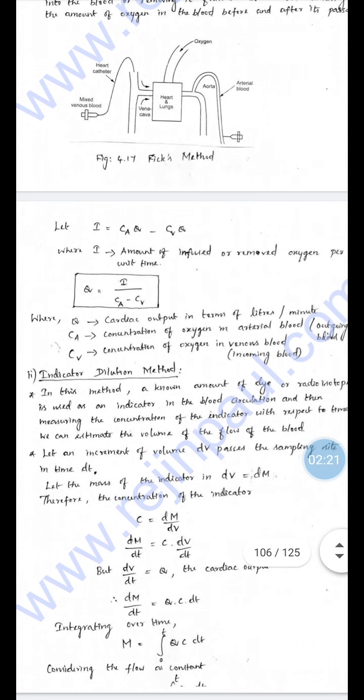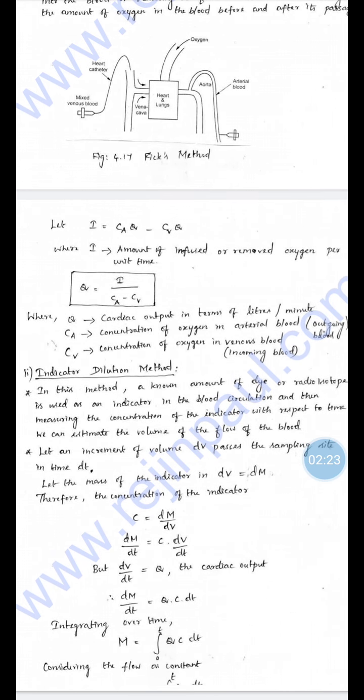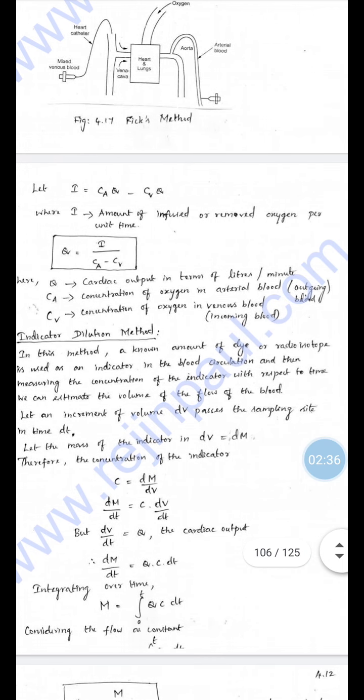Let I be equal to Ca Q minus Cv Q, where I is the amount of infused or removed oxygen per unit time. Then Q is equal to I divided by Ca minus Cv, where Q is the cardiac output in liters per minute, Ca is the concentration of oxygen in outgoing arterial blood, and Cv is the concentration of oxygen in